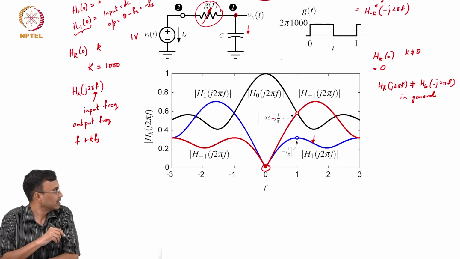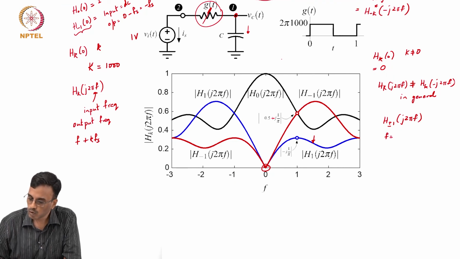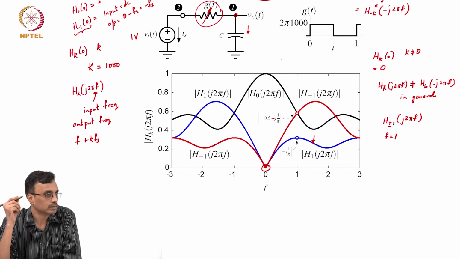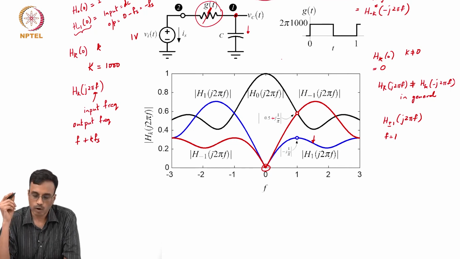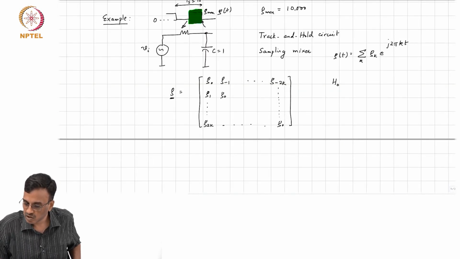Now let's try and calculate some other salient points, and perhaps we calculate H plus minus 1 of j2 pi f for f equal to 1, right? How do you do this? What do you suggest we do? Well, H0 of 0 must be 1, H sub k of 0 must be 0 for k not equal to 0,